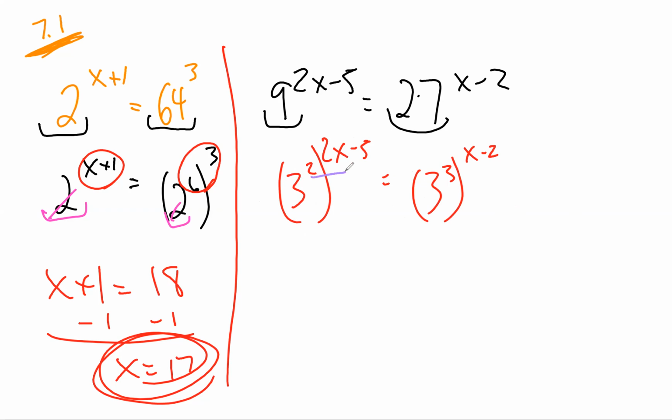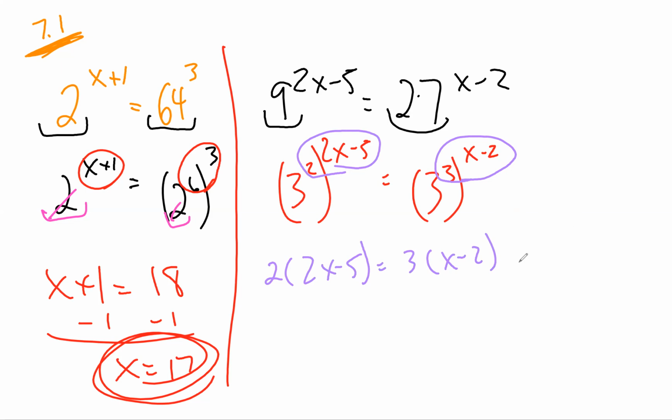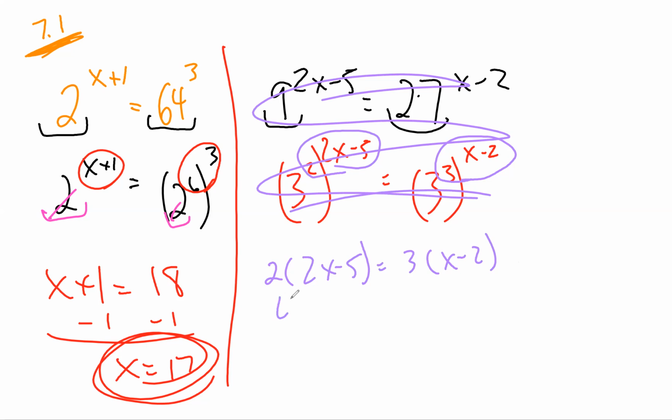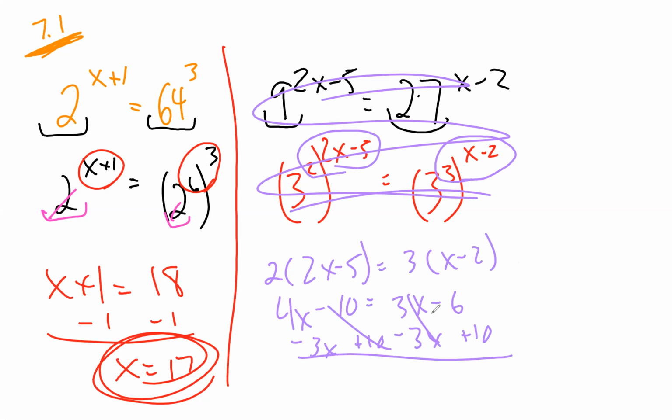And so I get to take these exponents and set them equal to each other. And since on both of these it's a power to a power, I have to multiply. So I'm going to have 2 times 2x minus 5 equals 3 times x minus 2. And now I get to forget about all this and I just have to solve this little guy. When I do that, I'm going to get 4x minus 10 equals 3x minus 6. I'll subtract 3x from both sides, and I'll add 10 to both sides. And so when I do that, I will get x equals 4. And now I'm done. Ta-da.